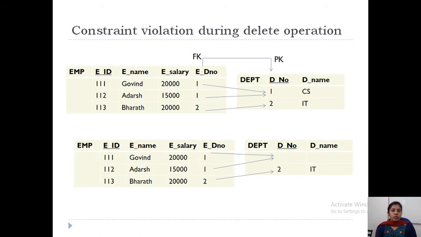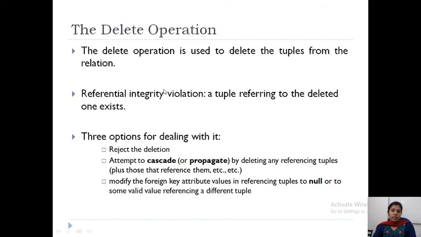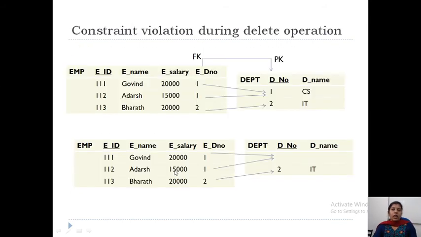will they go? So when you are deleting or closing any department, first you have to see if there are any employees working, then I cannot close the department. That is one possibility. You reject the deletion. That is the first thing. Another thing is, if you are closing the department, first you have to remove all 10 employees from the company. You have to make sure there are no employees in the department, then only you can close the department.